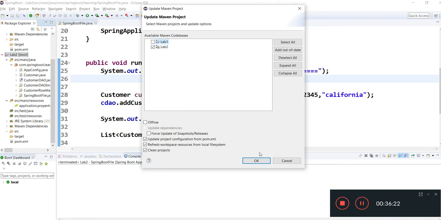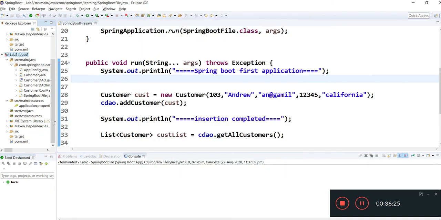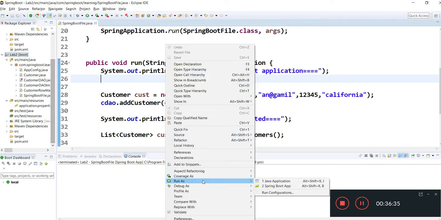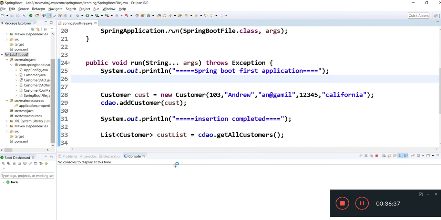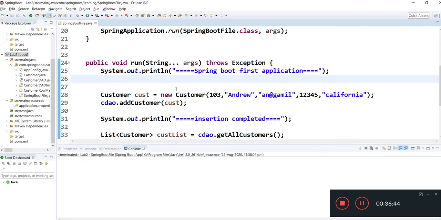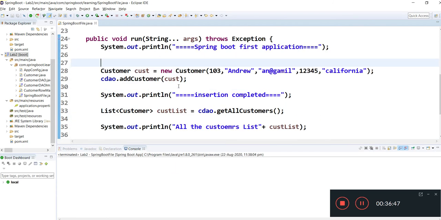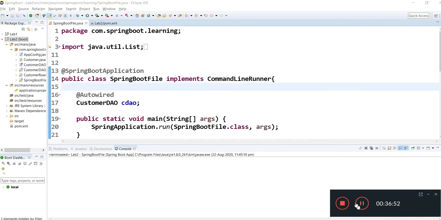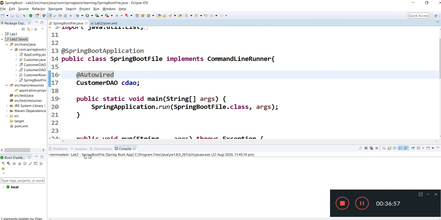Now we will see 1.8 soon. Right, 1.8 came here. Now we will run this as Spring Boot app. It terminated, so here everything is looking correct.